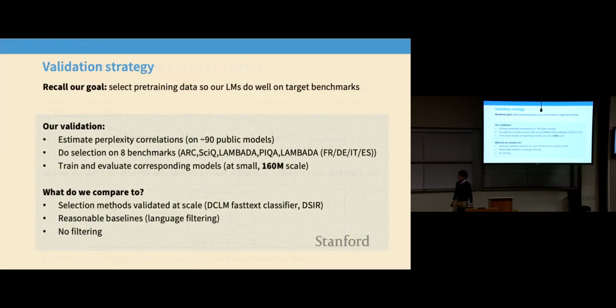Okay. I was saying earlier that a lot of these algorithms don't really seem to work very well in practice, so we have to do our own validation. We have to train our own language models and show that selecting data in this way is a reasonable thing to do. So what do we do? Well, we estimate our regression model, which we call perplexity correlations, on around 90 publicly available models.